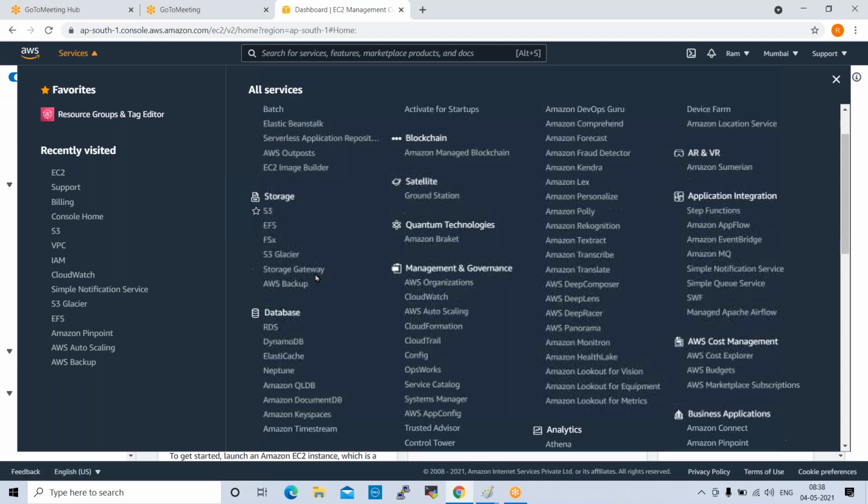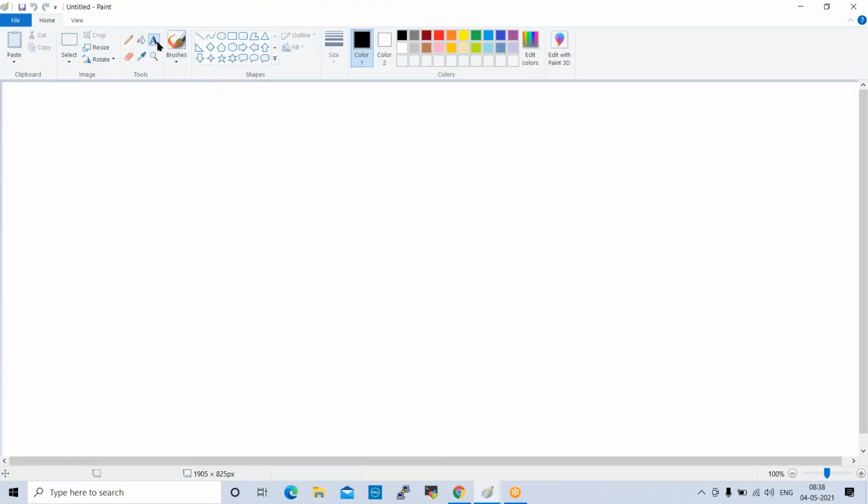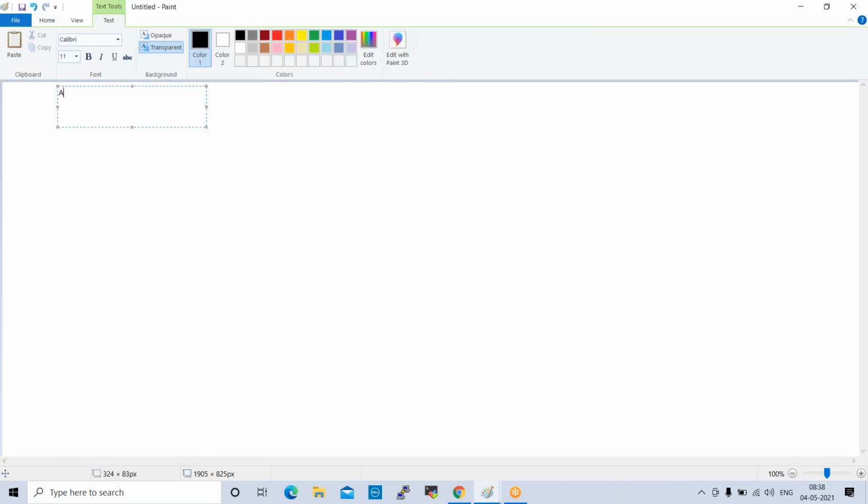Okay. Next one is one more important service available here, which is auto scaling. What is this auto scaling? I'll give you some overview on this. AWS auto scaling.